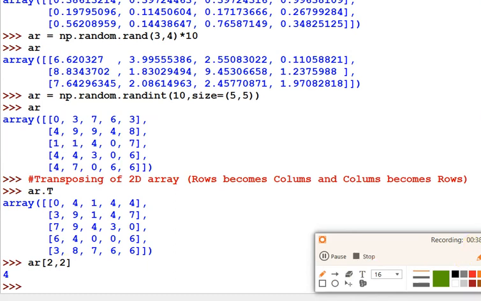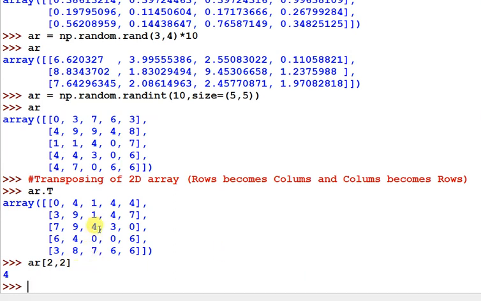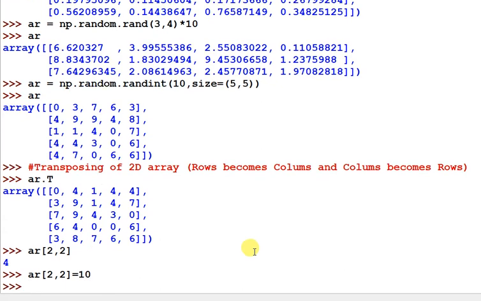Suppose you want to change some element, suppose I want to replace this 4 with some specific value. You can just use 2 comma 2, and replace this with, suppose, 10. So I am replacing that value with 10.